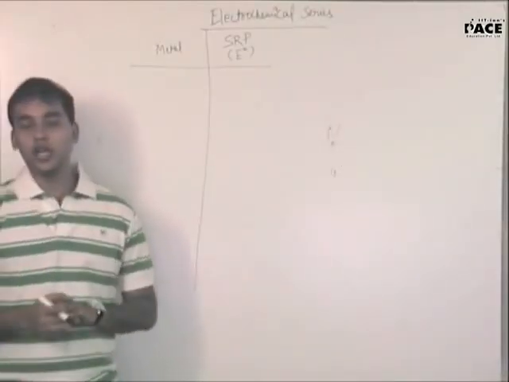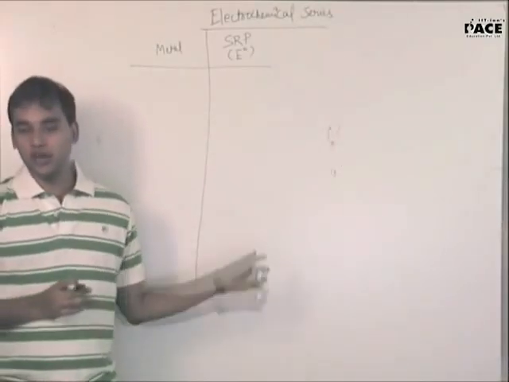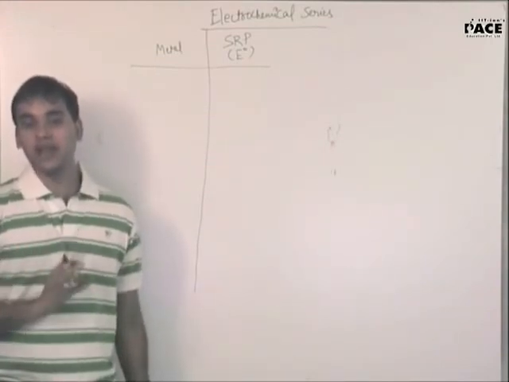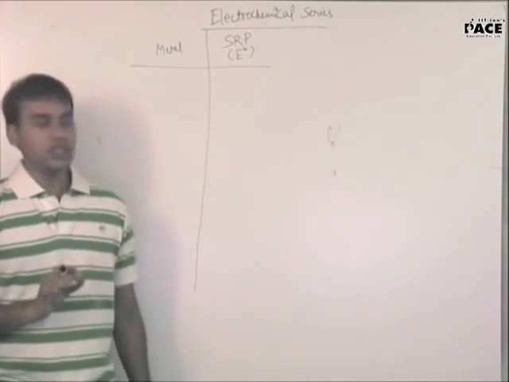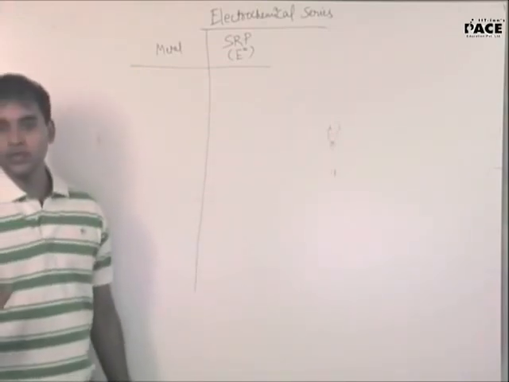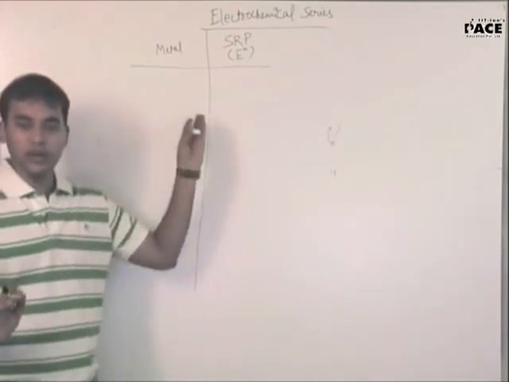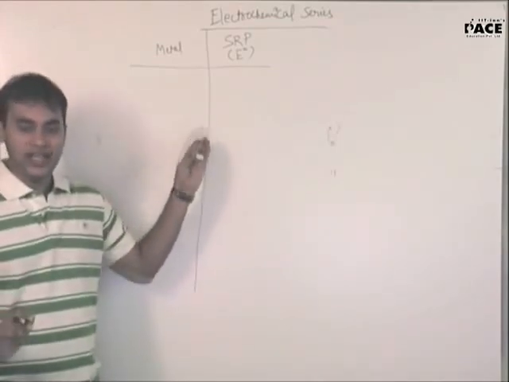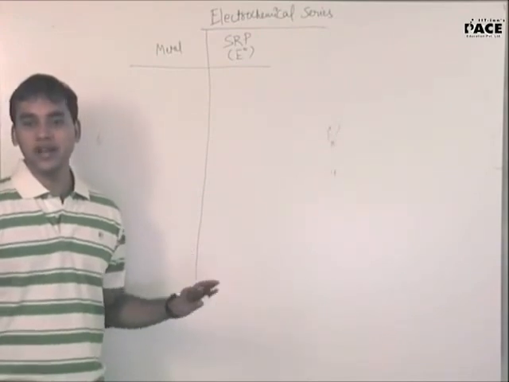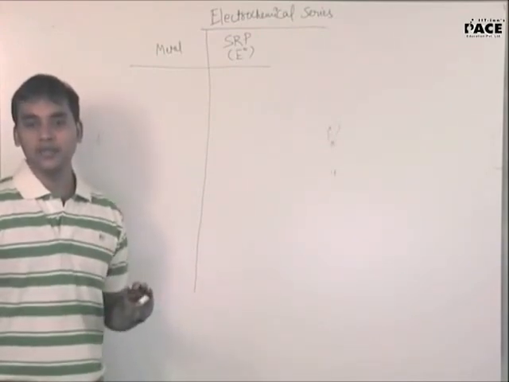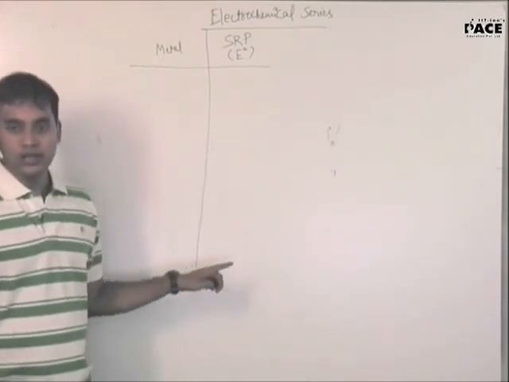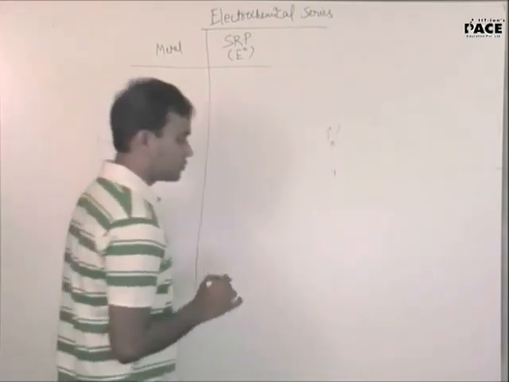See, now they have developed an electrochemical series. You don't have to learn the electrochemical series, but you should know what it implies. We have assigned a reference for hydrogen as 0. So there will be things above hydrogen in SRP, and things below hydrogen in SRP. SRP is standard reduction potential. Clear? So I will just write a list. Just copy it down.